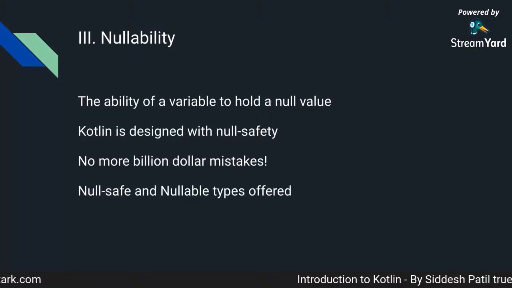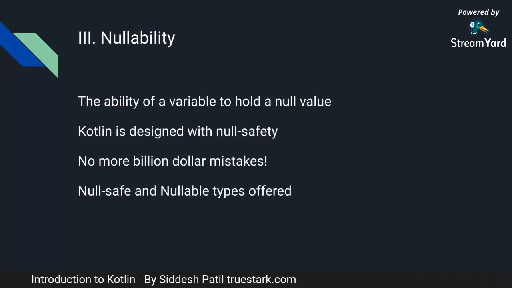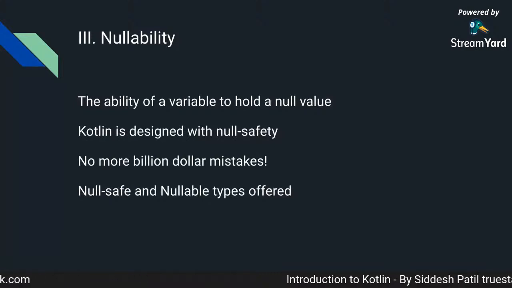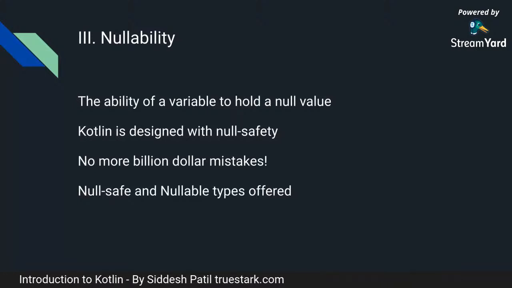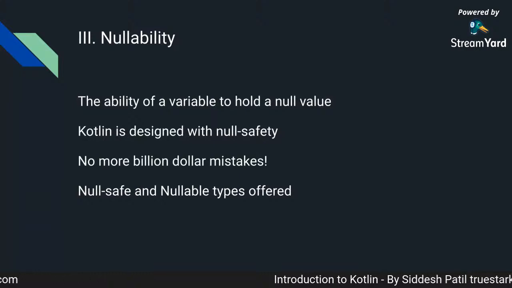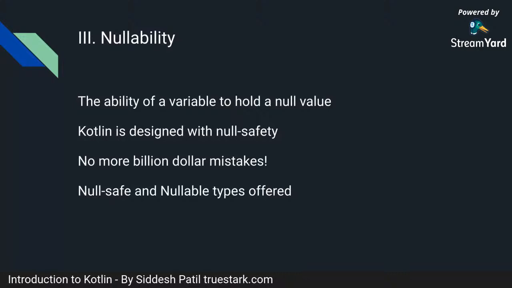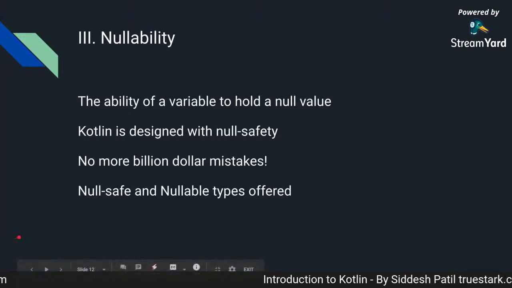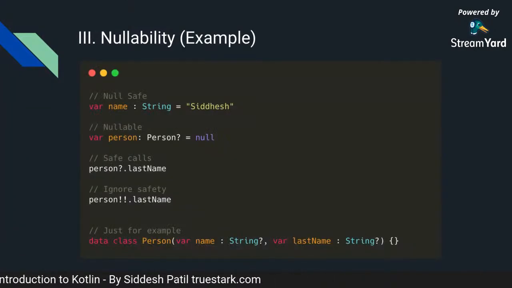So that's what we call a $1 billion mistake, because of these null pointer exceptions, where a value is null and some code breaks, a lot of business gets affected by that at times. That's why Java programmers are very familiar with this, where we write code in such a way that if this is not equal to null, then only do this. With Kotlin, you have to forget about all of that. We don't need to do all of that. Kotlin is very null safe in its design itself. So Kotlin offers null safe and nullable types. So let's take a look at those. Here I have an example.